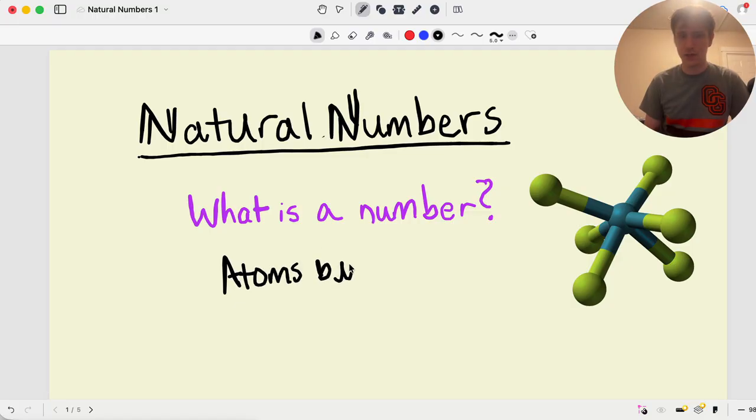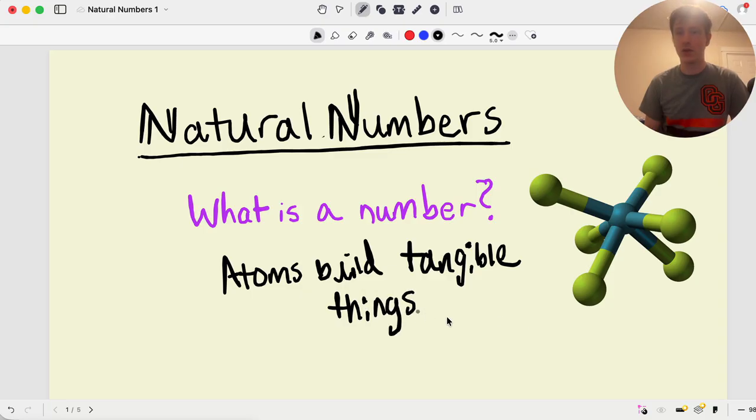really build tangible things. And just like atoms build tangible things that we call matter, numbers build tangible things that we can do and answer practical questions on. So the first thing, of course, is to talk about what natural numbers even are,